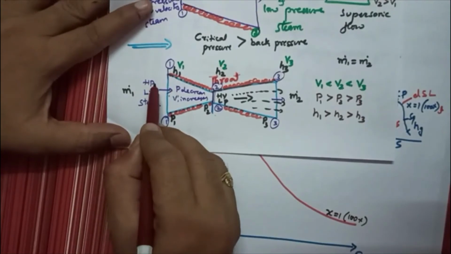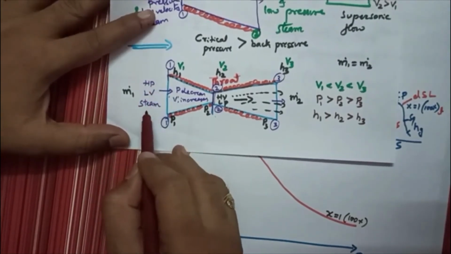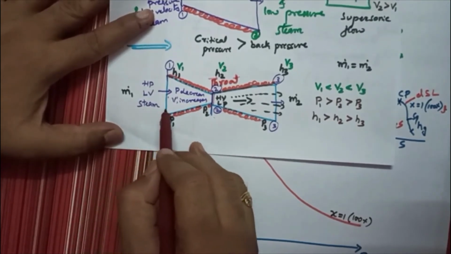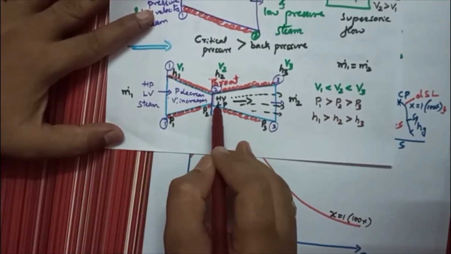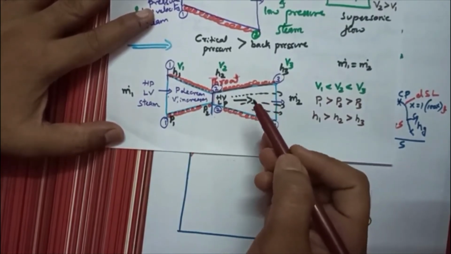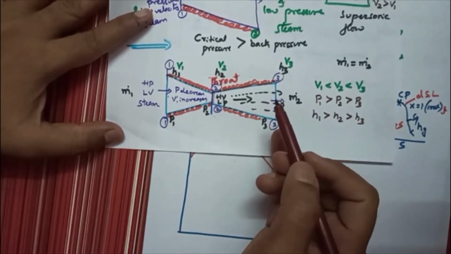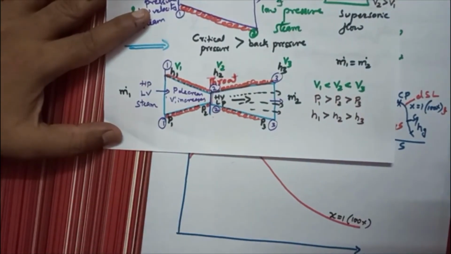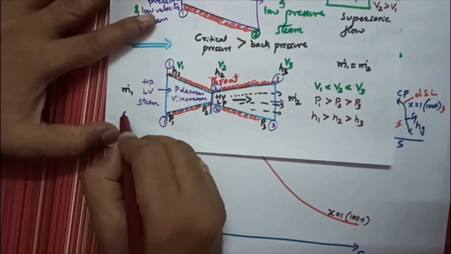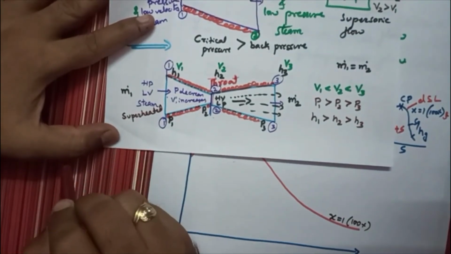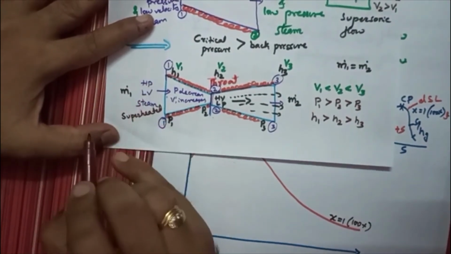Now high pressure, low velocity steam is passed to the nozzle. What type of steam will be passing to the nozzle? It is in steam turbines, because steam nozzles will be used in steam turbines. So steam turbines, nothing but steam power plants. Okay, steam power plants, what is the inlet condition of the steam to the nozzle? It is superheated steam, which is coming from the boiler. So I will write here superheated. So superheated is high pressure and high temperature, obviously.